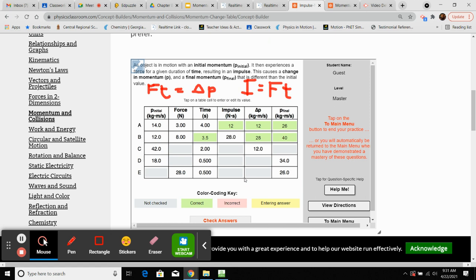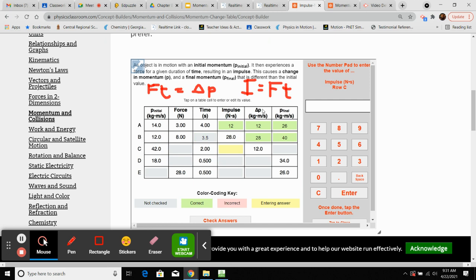Let's see. Which one do we want to do? C, D, E. C. Okay. So if we know momentum, actually, you know what? I want to do D because I think D is a little bit more of a challenge. So all I know is time. I don't know impulse. I don't know force. I don't know change of momentum. I know the initial and the final. So what can I find? How can I find impulse? 34 minus